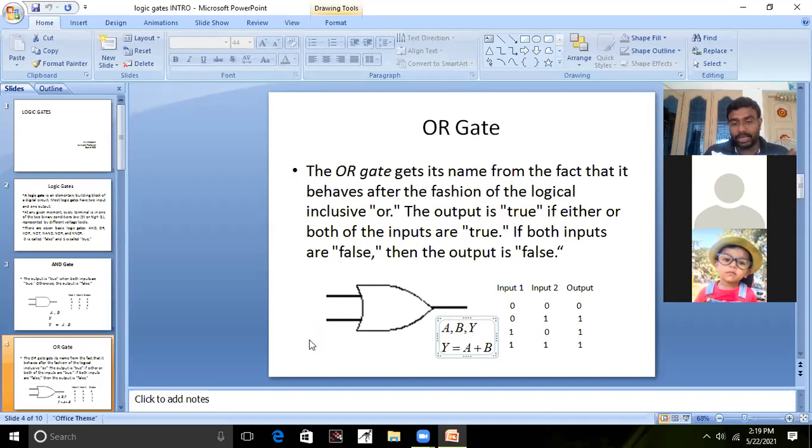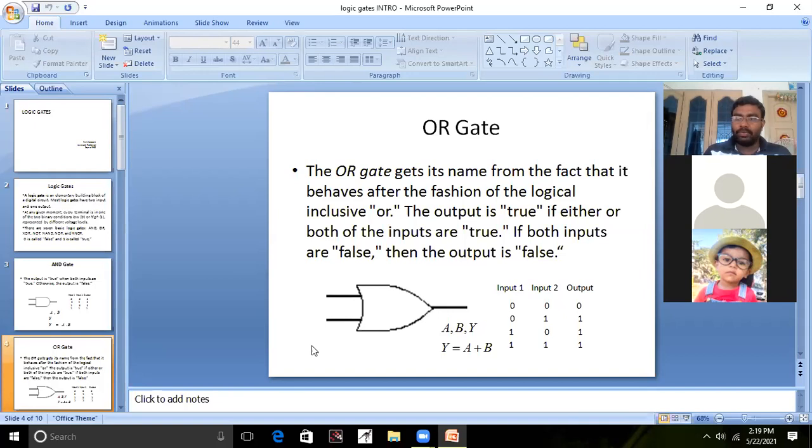Guys, one more important thing I told you yesterday itself, but I am explaining one more time. Boolean addition is different from binary addition. In Boolean addition, there is no sum and there is no carry. If you add, you will get the output. 0 plus 0 is 0. 0 plus 1 is 1. 1 plus 0 is 1. 1 plus 1 also 1. A plus A equals A, by means of that I will write 1 plus 1 also 1.